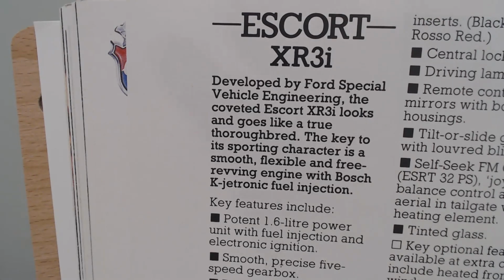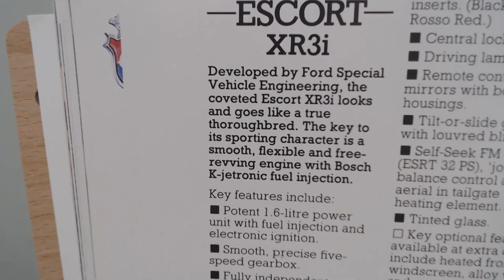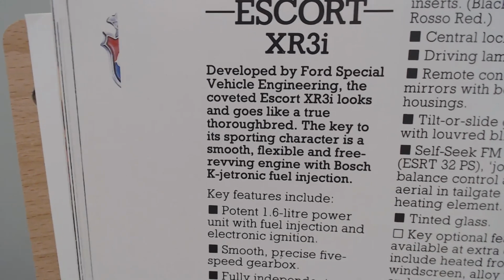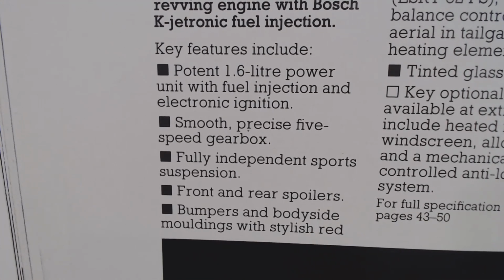So the XR3i, very much you think about the 80s when you think about XR3is, developed by the Ford Special Vehicle Engineering. The coveted Escort XR3i looks and goes like a true thoroughbred. The key to its sporting character is a smooth, flexible and free revving engine with Bosch K Jetronic fuel injection. Key features include a potent 1.6 litre power unit with fuel injection and electronic ignition, smooth, precise 5-speed gearbox, fully